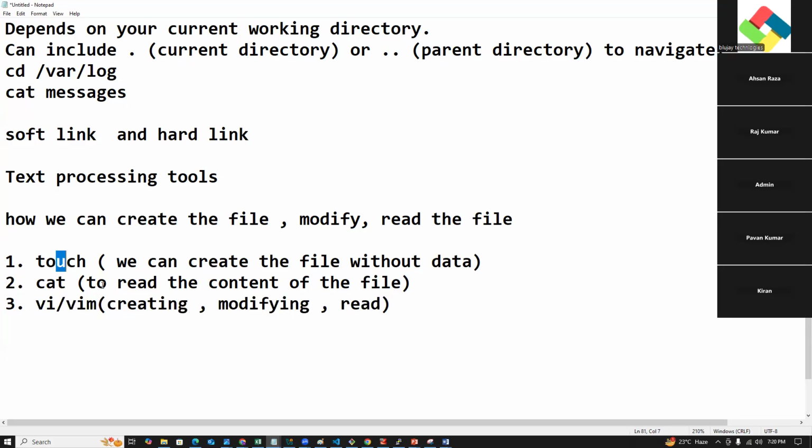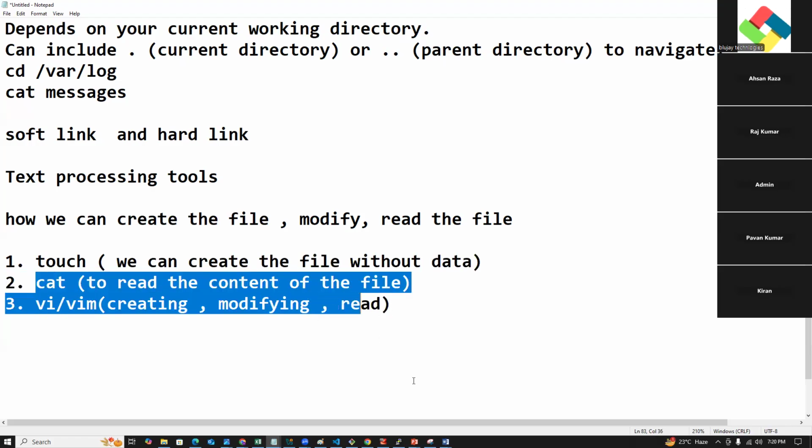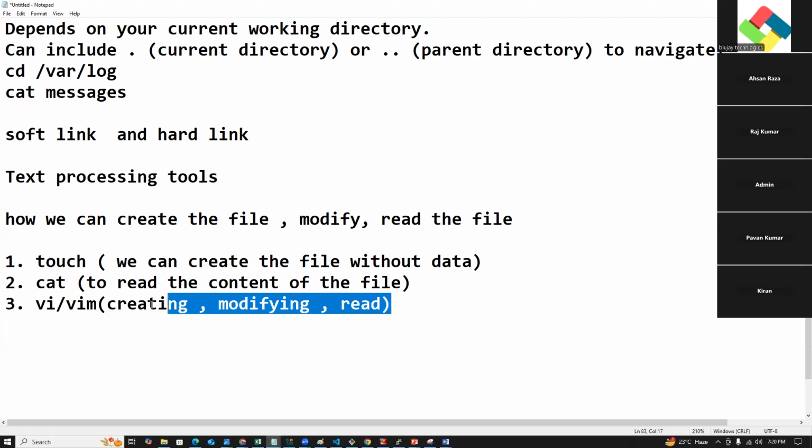But by using touch, we can create the file without data. Cat reads the content of the file. VI, VIM to create or modify or read the file, guys. These are the text processing tools, and we need to use some of the tools, something like head,